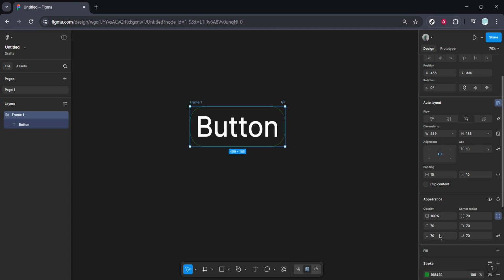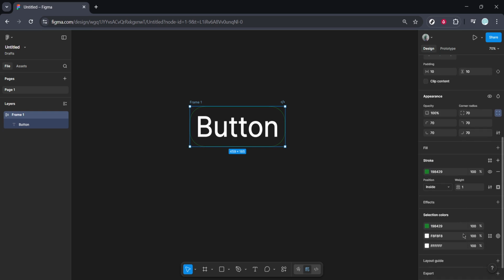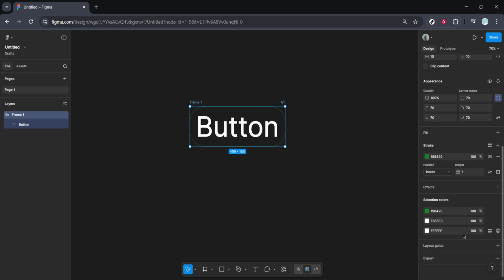Immediately after adjusting the corners, we'll change the color of this very frame. This will be your button's primary background color, so choose something that will complement your desired glow effect later on. A darker background often provides a striking contrast for a bright glow, but a vibrant base color can also work wonderfully. Once your frame has its desired shape and base color, our next step is to add some visual flair